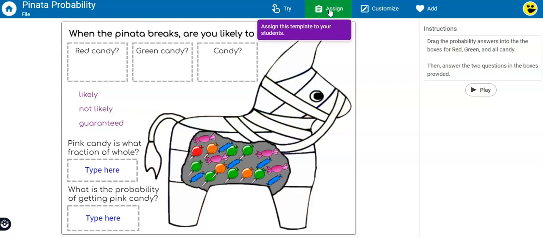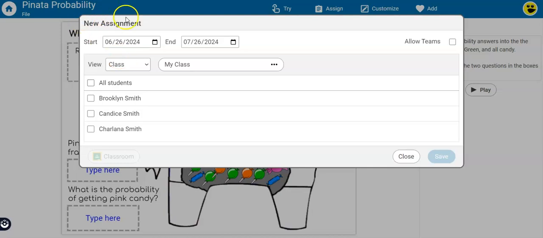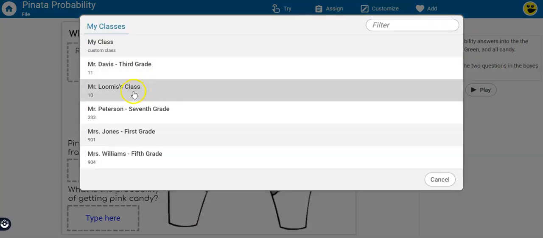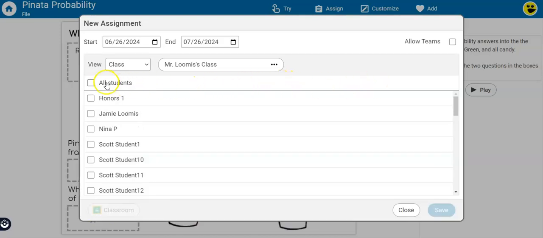So I click on the Assign tab, and from here I open up the New Assignments menu. If I have access to multiple classes, I teach maybe multiple grades as a math specialist, or maybe just as a first grade teacher who still teaches different sections, different subject areas, I may need to select the appropriate class. In this case, I'm going to open up Mr. Loomis's class, and I would have the option to assign it to all of them or to just some of